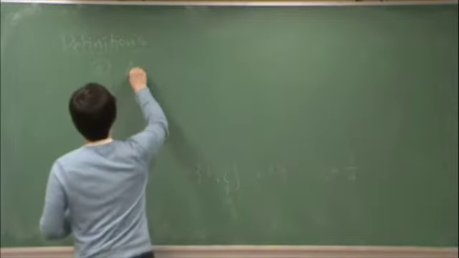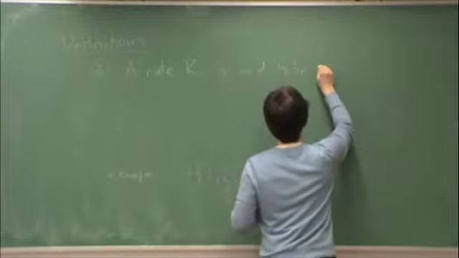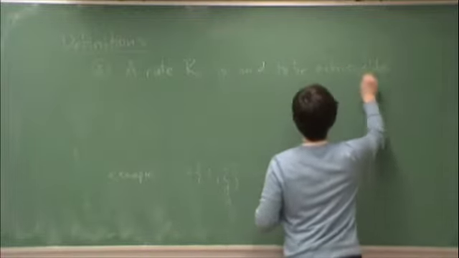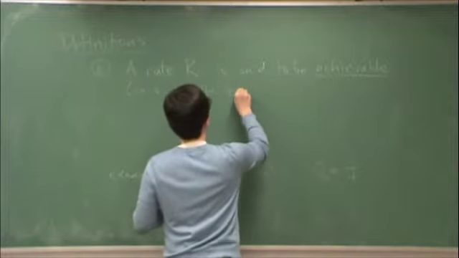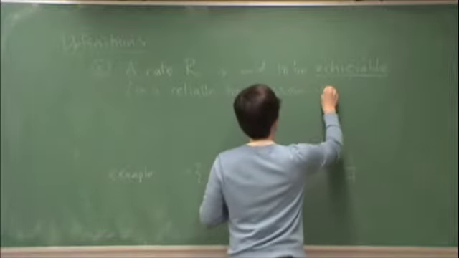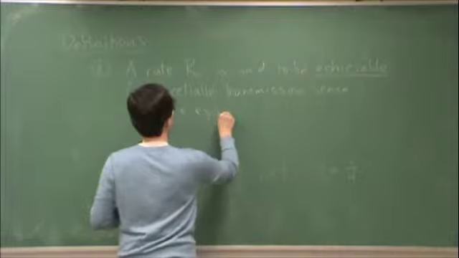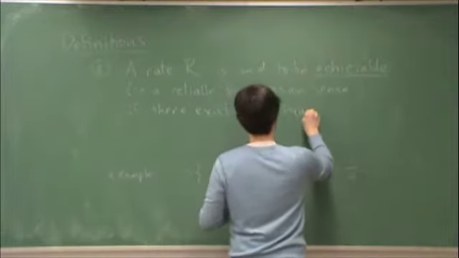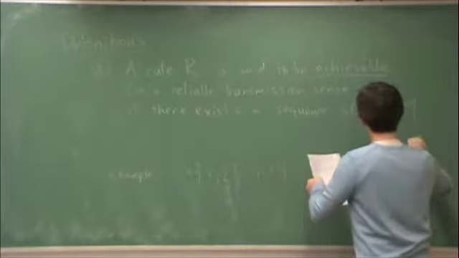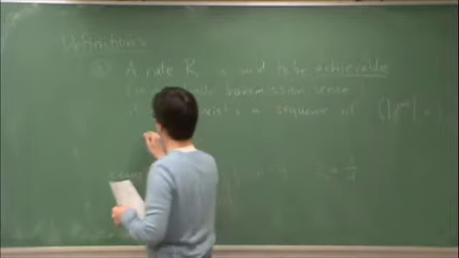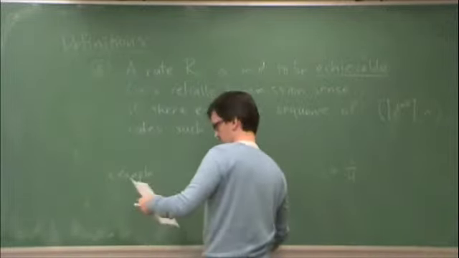A rate R is said to be achievable in a reliable transmission sense if there exists a sequence of ceiling 2 to the NR, N codes such that the maximal error probability